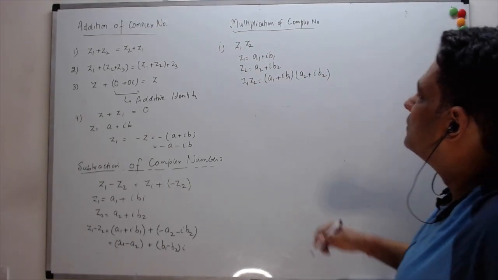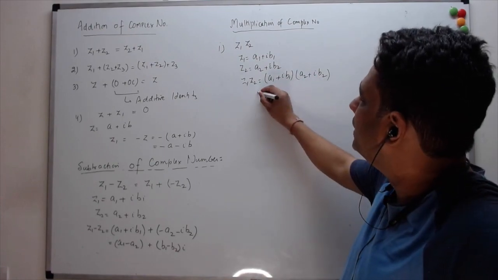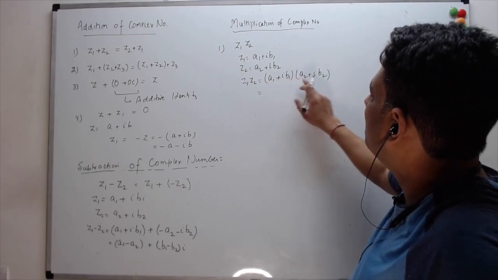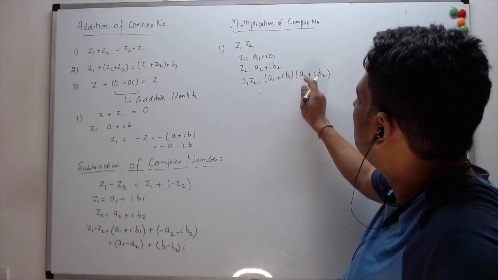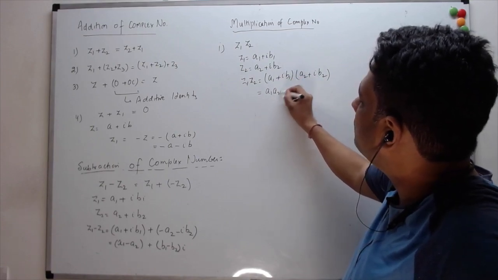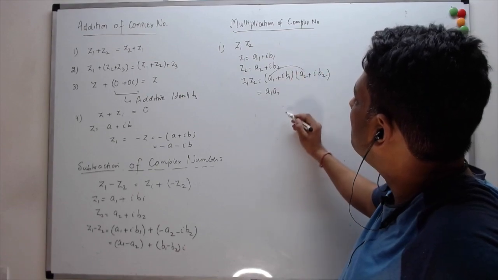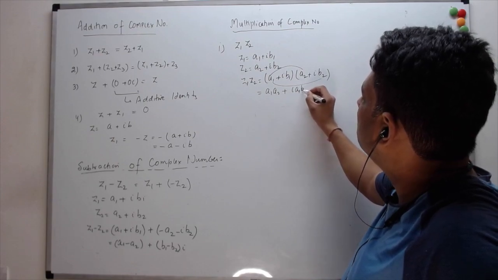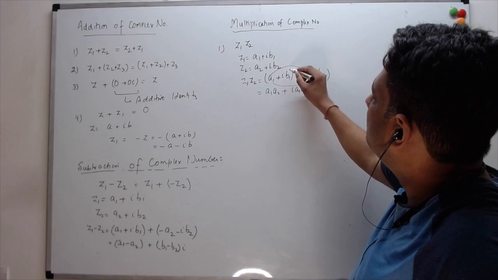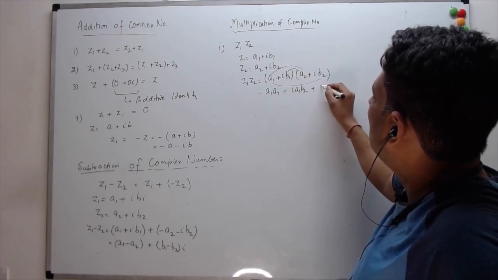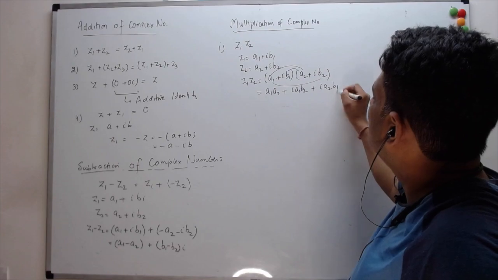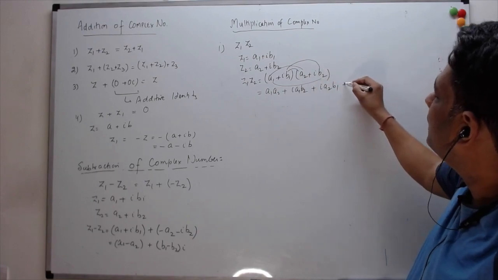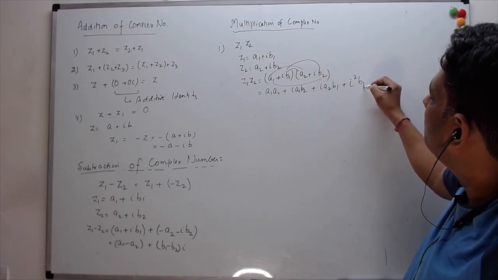So when you're doing this, you just have to multiply and it goes with the same flow, multiplying this with the entire thing and then multiplying this with the entire thing. So what you get, if you do the product, is A1 into A2, like this, and then by this you would get I times A1 B2, and when you do these two together, what you get is I times A2 B1, and when you do these two together, what you get is I square B1 B2.